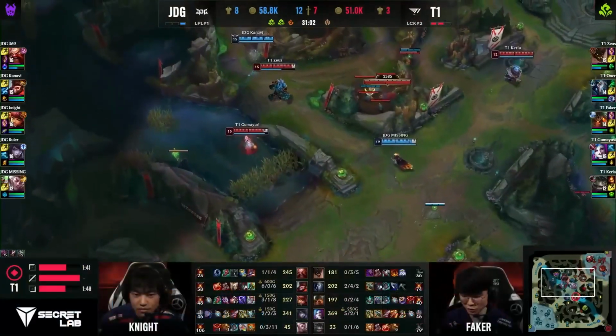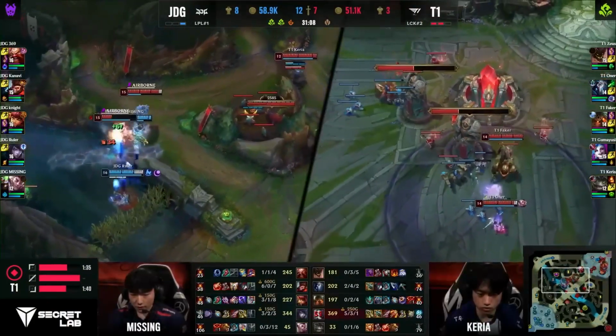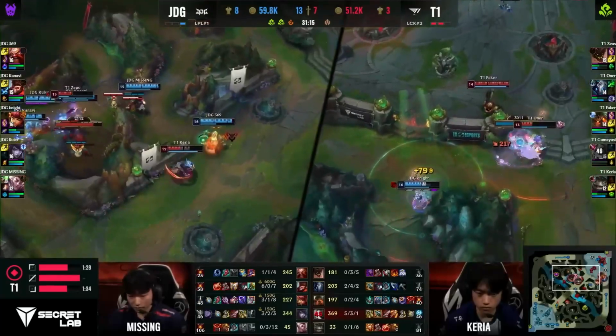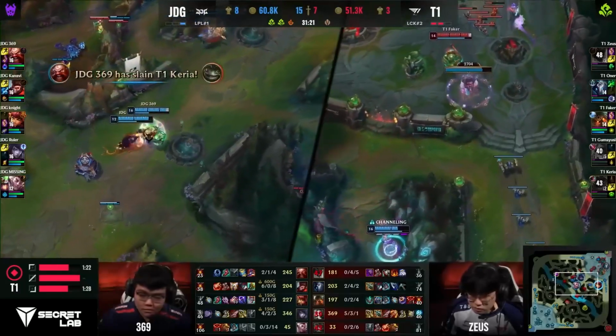Knight has teleport as well. And Kanavi, oh, he's going to find Gumayushi! He's going to have to go into his stopwatch, and now Zeus finds an ultimate, but these Nexus turrets are going down, and the Jinx is as well! This game, ladies and gentlemen, I think is just over in this moment. We're not going to get another team fight because JDG will deny it, and they will bring us to game